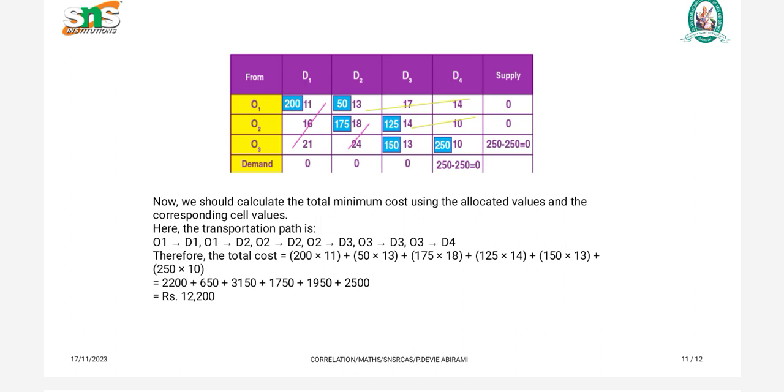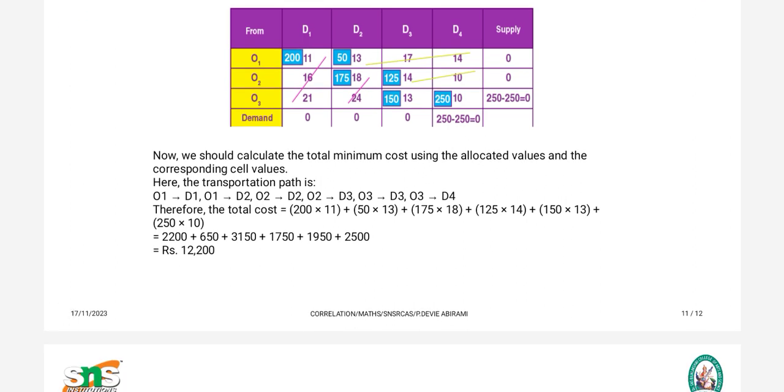cost based on the minimization allocation cells. So the transportation path has also been obtained. The transportation cost we find as 200 into 11, 50 into 13, 175 into 18, 125 into 14, 150 into 13, 250 into 10, and based on that we will get the answer as